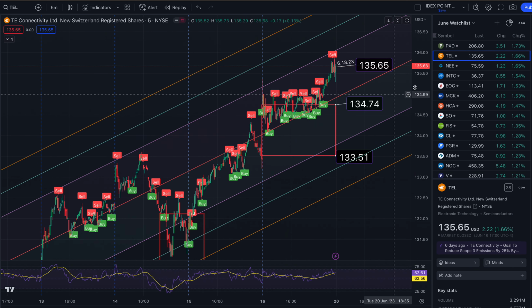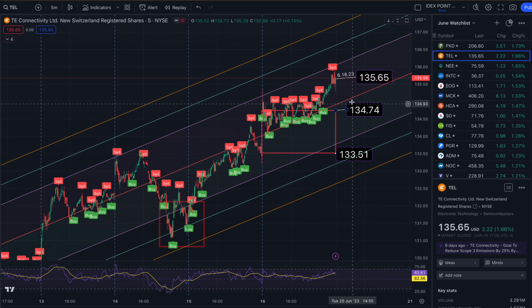To the south side, the middle of the trend takes us to roughly 134.90. Note a gap that forms to the south side at 134.74. Negative 2 standard deviations is roughly 133.77. That gap closes out at 133.51. And below that, 133.18 and